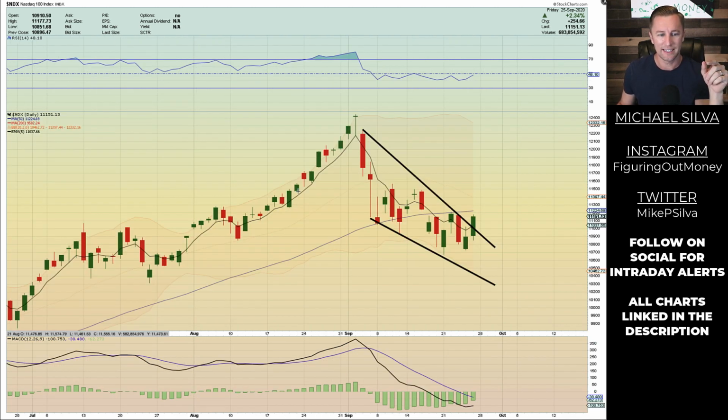Here is the Nasdaq 100 on the daily time frame, and notice how it's drawn out. We're breaking out of the rising wedge that I drew out. So this is a bullish sign, right? Well, this is why I want to tell you that I'm not fully convinced yet, and you'll see this on a couple of my charts as we progress. But the falling wedge I drew out, and we're starting to see a breakout. That's a good sign.